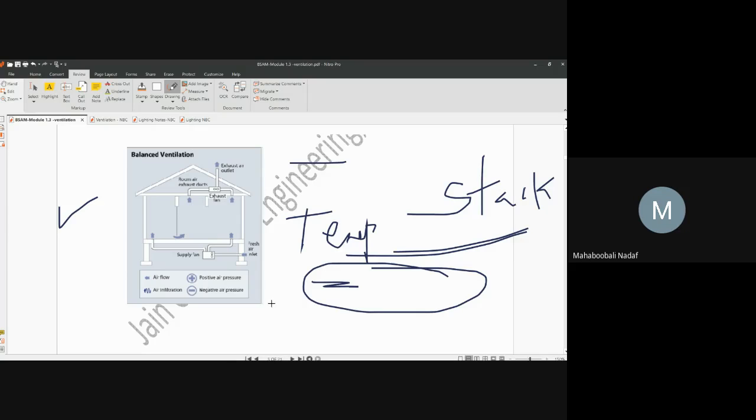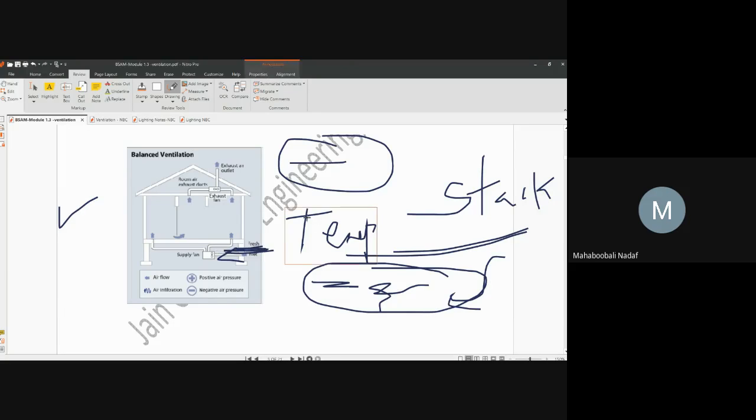Okay. See, always used air is lighter. Used air is generally we call lighter. Fresh air, which is cooler air, cool air always has more density, so it is always at the bottom of that system. So always you provide intake at the bottom of that room, which has an opening to the outside.